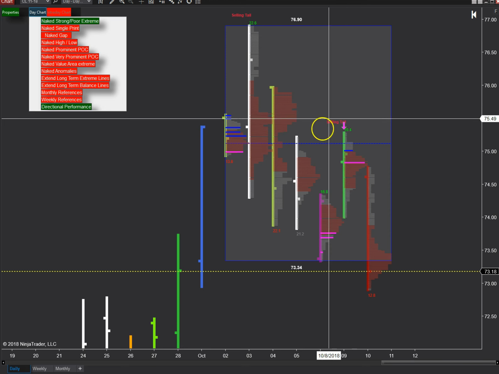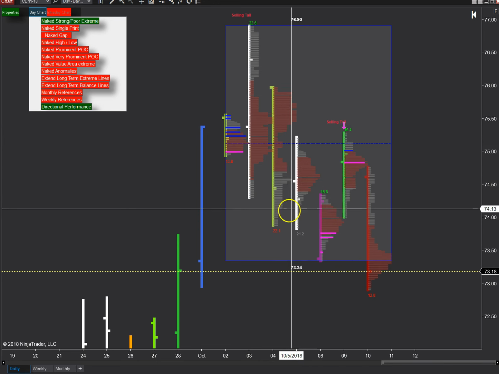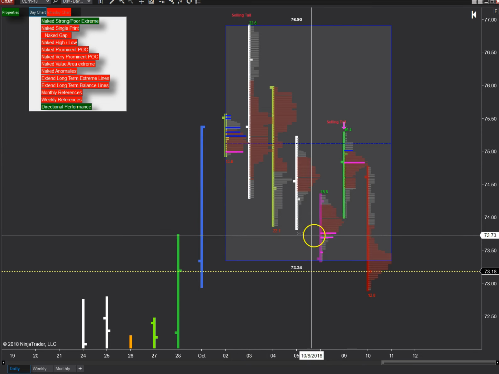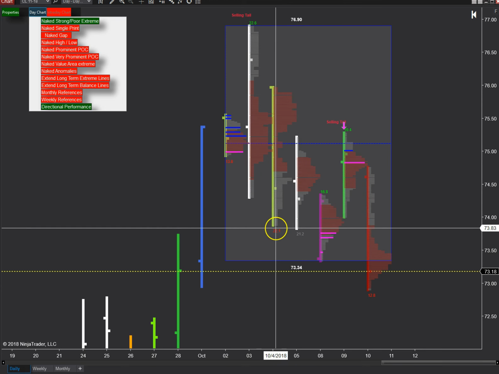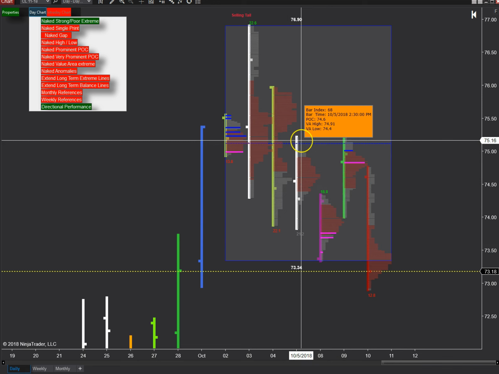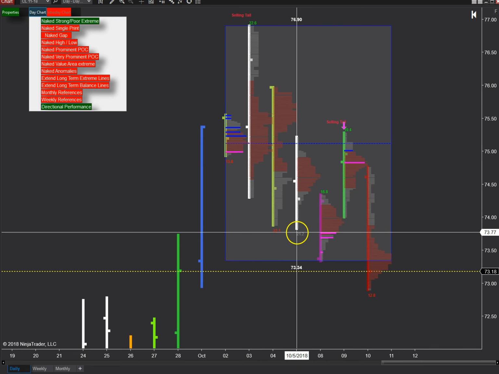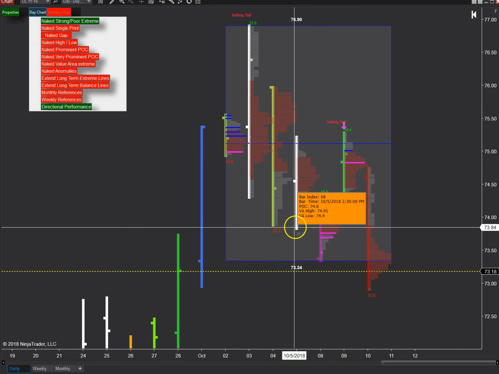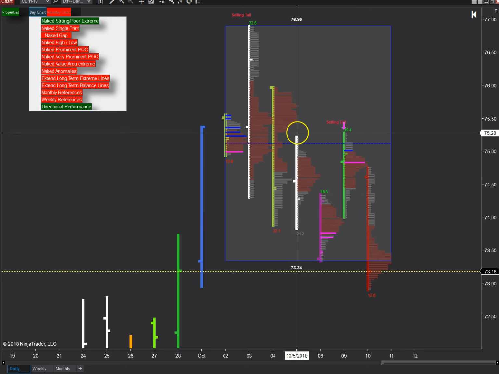So that was strong selling there. We do not have any example here of a buying tail, but a buying tail would come from the market profile chart and be represented by an up arrow, and poor highs and polos would be represented by diamonds. So a diamond below the low of that day bar would be a polo coming from the market profile, and a diamond above the high of the bar would be a poor high coming from the market profile